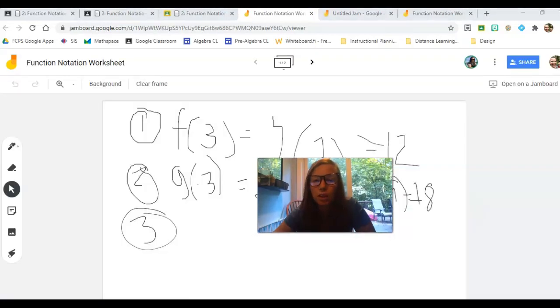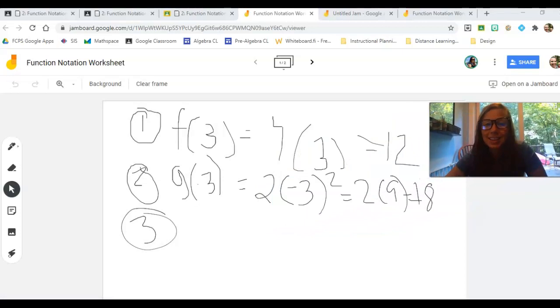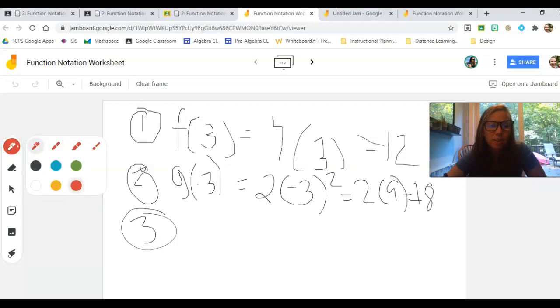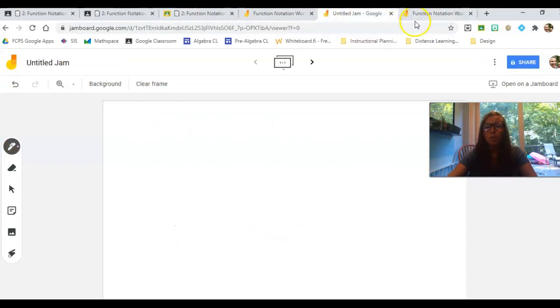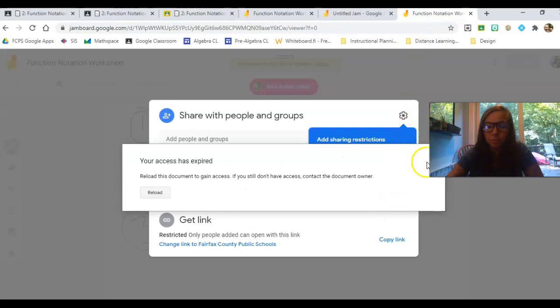And the cool thing about this is that as the teacher, I can go ahead and even change my color, and I can write little feedback like, whoops, you forgot to whatever. You can actually write on this slide because they shared it with you. And again, it's an interactive whiteboard. So that's pretty cool. You can also,